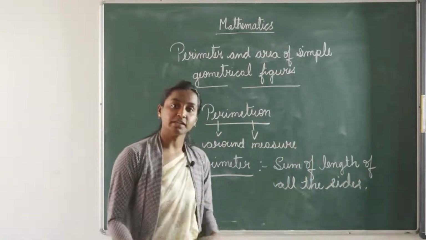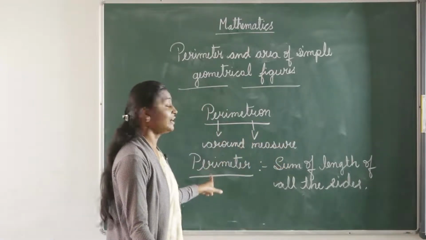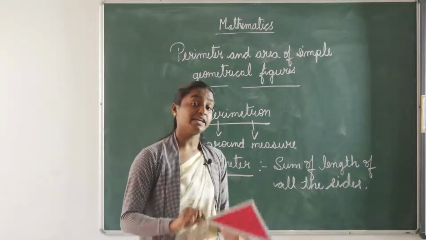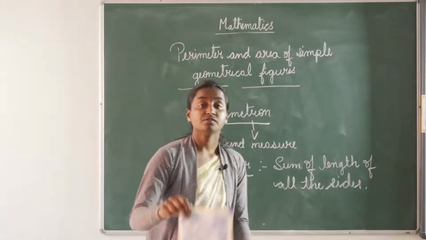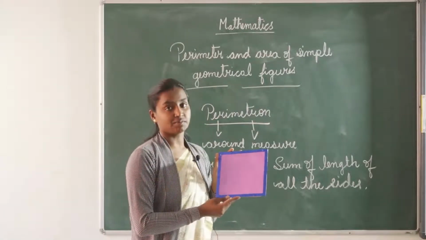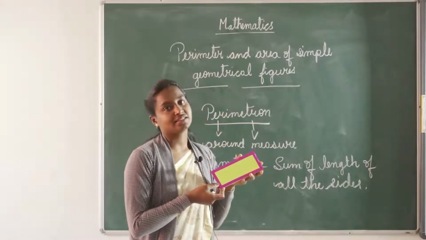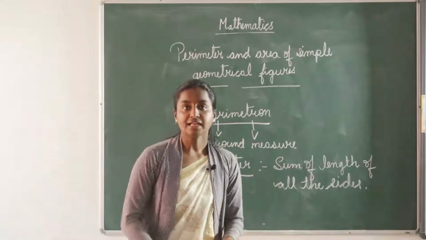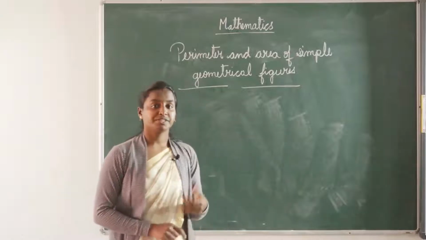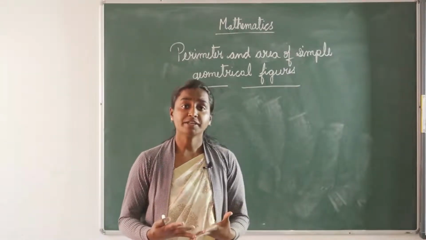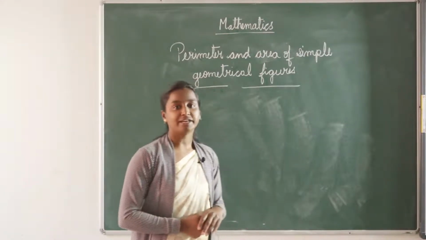Depending on the figure, the shape and the size, the perimeter will change. If it is a regular triangle, you will get some measurement. If it is a square, you will get some other measurement. Like that, if you have a rectangle, you will get some other perimeter. So, today let's learn how to find perimeter. If I ask one question, children, please find the perimeter of your house, how to find it? Let's find it together.